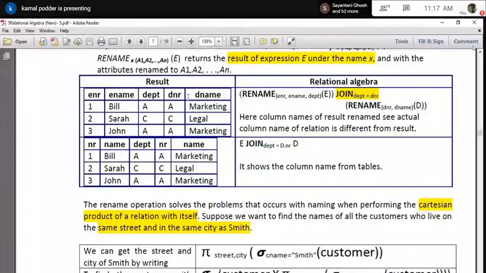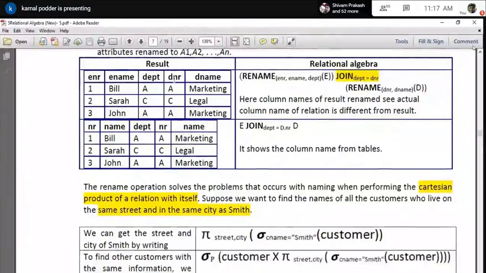So naturally we expect that DEPT is also the name of the department table, department code. But as soon as I rename this, in the result set I will get this one. So now if you really want to join, then you can easily join that department equal to this.